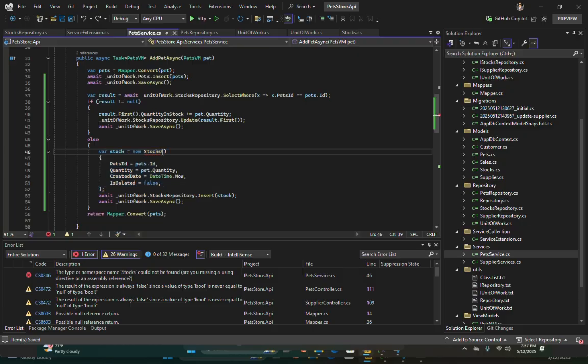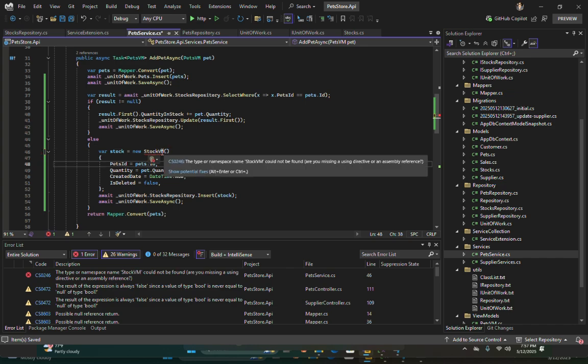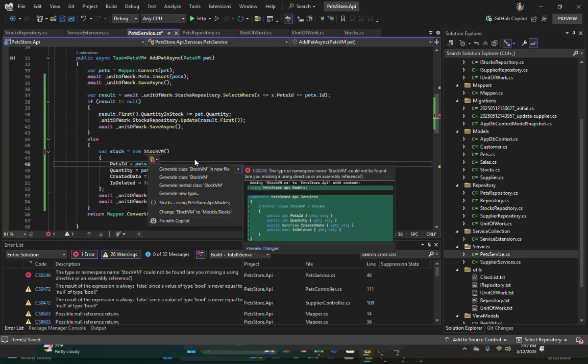Let's say we will make one stock view model. Let's implement the stock view model.